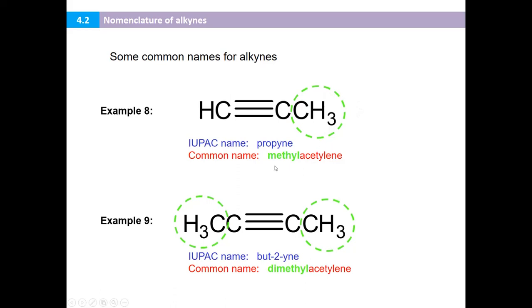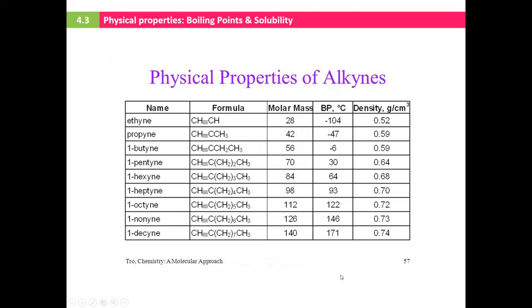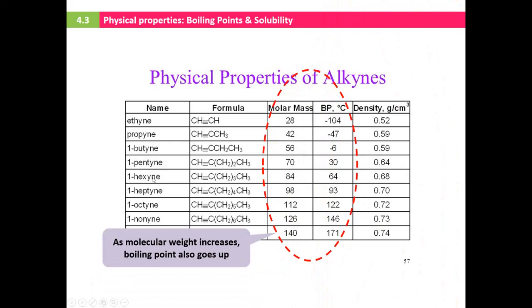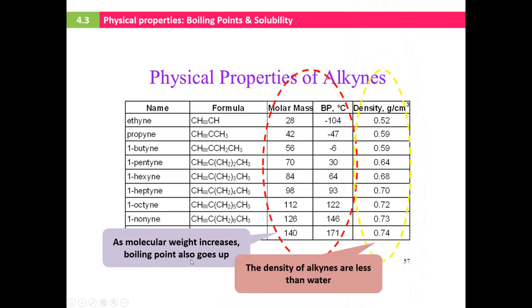And here is methyl. You just put methyl acetylene. And here is dimethyl acetylene because it consists of 2 methyl groups. So you need to put dimethyl acetylene. And for the physical properties, boiling point and solubility, as the molecular weight increases, the boiling point also